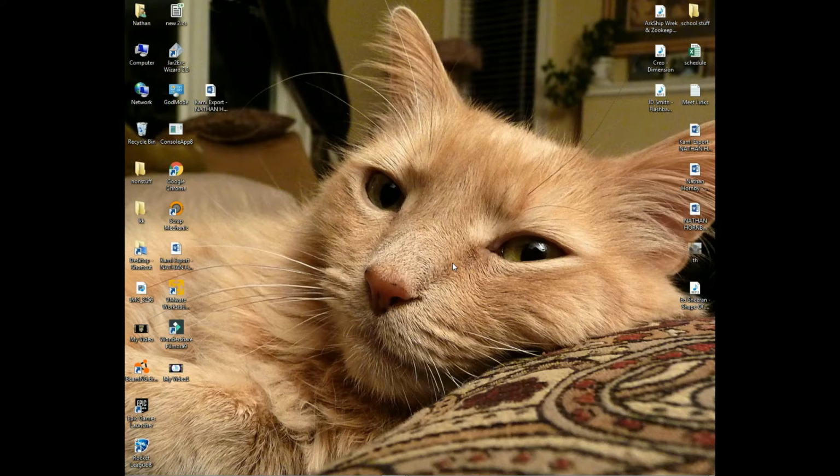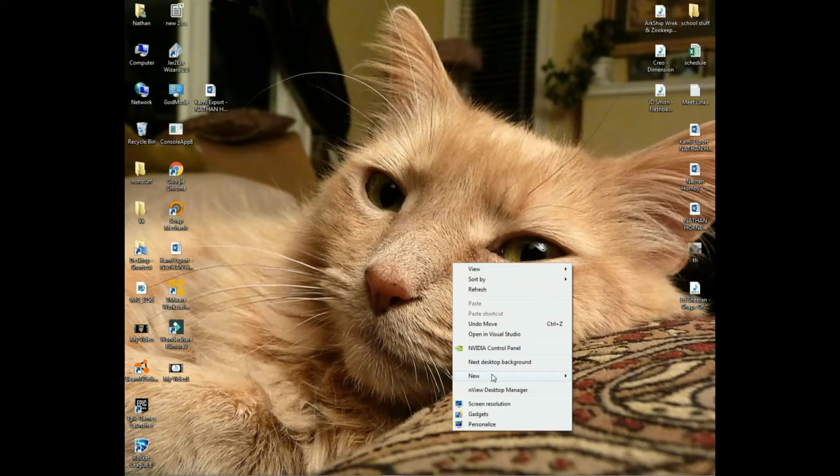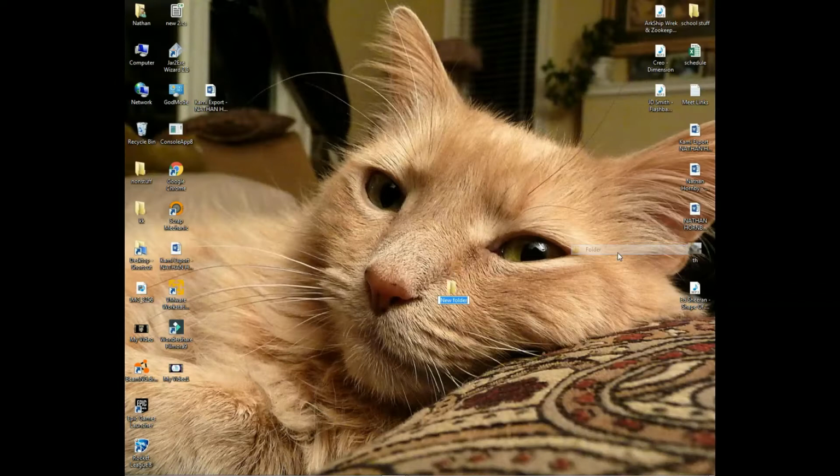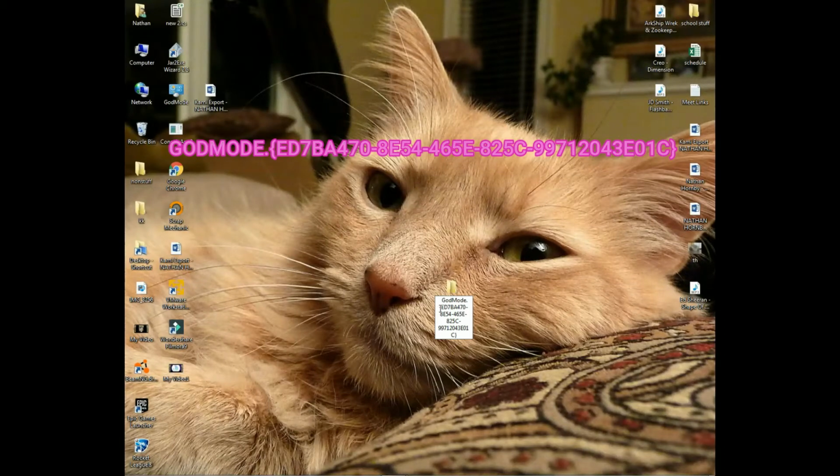Number 1. If any of you know about Windows folders, you can create a folder inside of your desktop. But I'm not sure if you've known. If you've ever wanted to change a bunch of settings but can't find them, and you want to change all your settings at once but don't want to spend all that time, just name your folder God Mode, and then you'll have this, and then